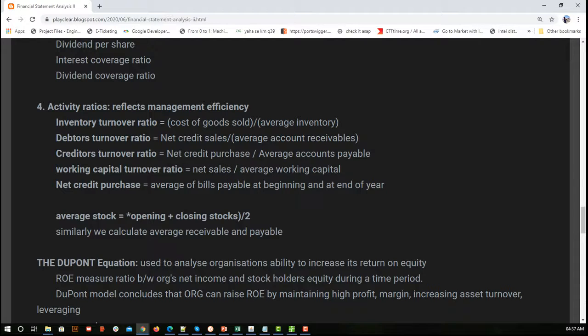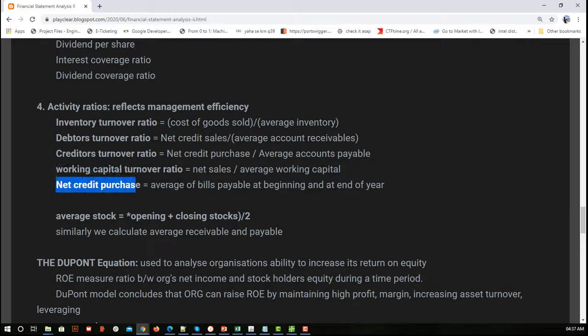Here we can interpret it like this: average working capital is X, and out of that X, I am able to generate this much net sales. If I have 2 by 1 for one organization and 3 by 1 for another, I can say the average working capital is the same for both companies, but the net sales is 2 for one company and 3 for the other. So the other company is using its average working capital most efficiently to generate net sales. That's how working capital turnover is good for comparison.